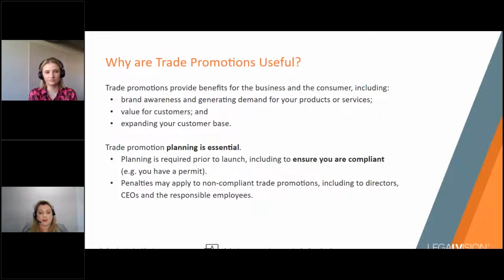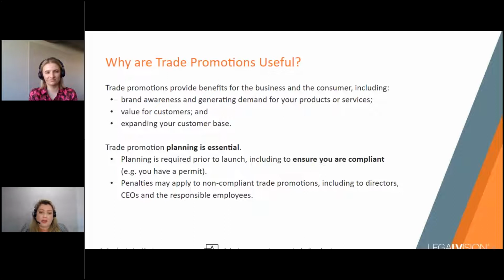So the chance of winning a prize can be a really good incentive for customers to purchase a new product or engage with a new business. I find myself quite attracted to these trade promotions because I like the thought that I might win something. So they're pretty popular and we see a lot of them in the market. Another additional benefit is that you can engage with new consumers and then gather some personal information that might help feed your other marketing devices, such as direct marketing or other marketing strategies. As we said, trade promotions require a lot of planning, and that's because they're heavily regulated.